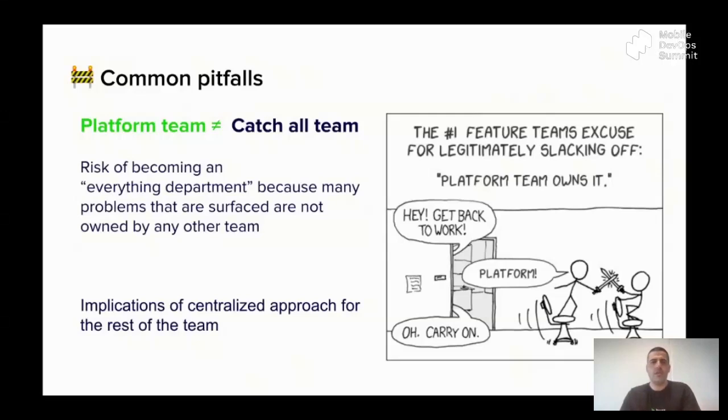To give concrete examples, one would be, say you want to introduce a new technology, whether it's Jetpack Compose or even SwiftUI. Does the platform team own it? Do they drive it? What's their role in that? This is a discussion that we have. An even clearer example is shared components. In both of our products, we're using a design system where we have shared components that we're working on for the UI, and we've made a conscious decision that the platform team does not own those components, because the feature teams know it best, and they are closer to the product.